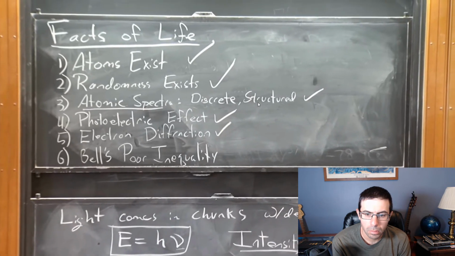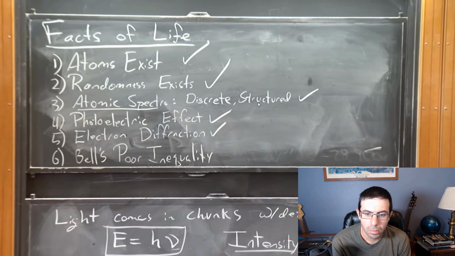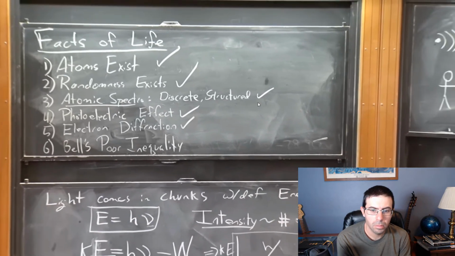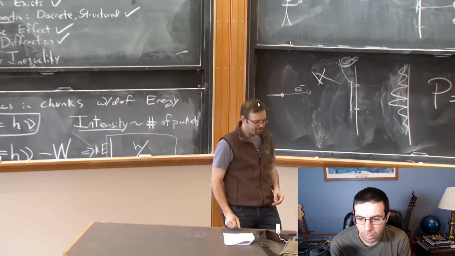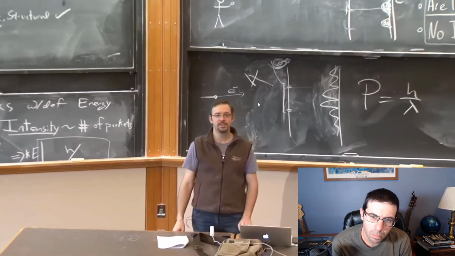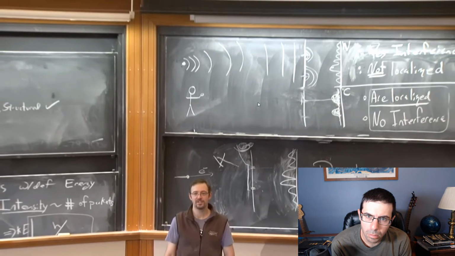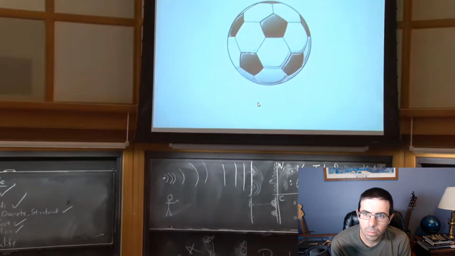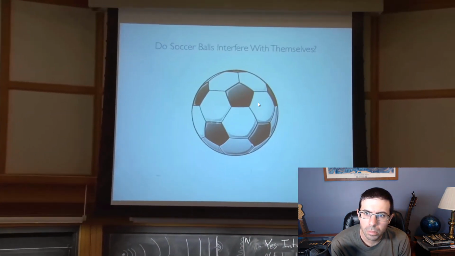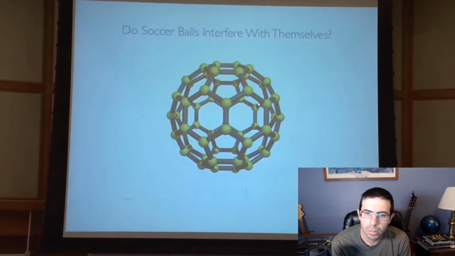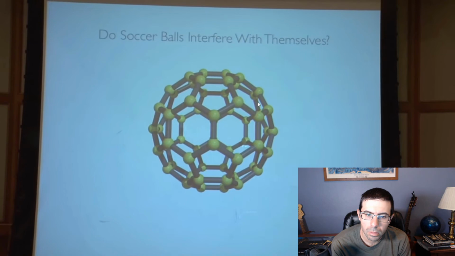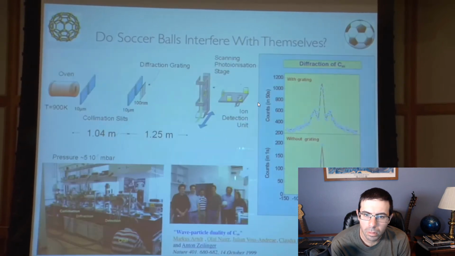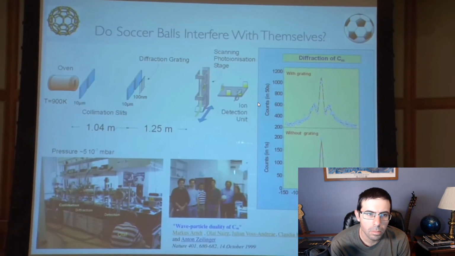Something to emphasize is that these experiments, as we've described them, were done with photons and with electrons. But you could imagine doing the experiment with soccer balls. This is, of course, hard. Quantum effects for macroscopic objects are usually insignificantly small. However, this experiment was done with buckyballs, which are the same shape as soccer balls in some sense. But they're huge. They're gigantic objects. And so here's the experiment in which this was actually done.